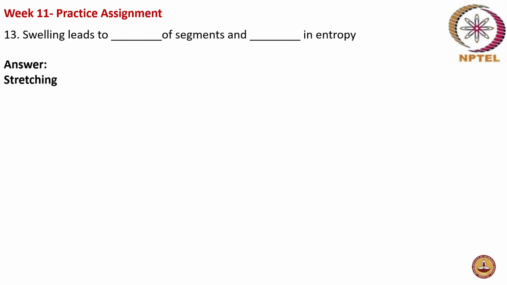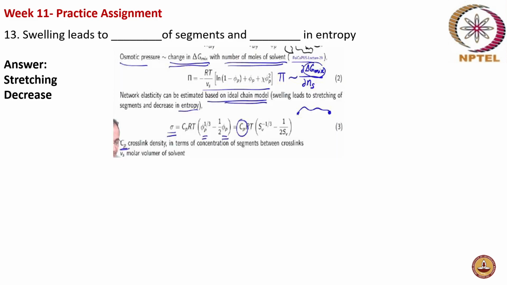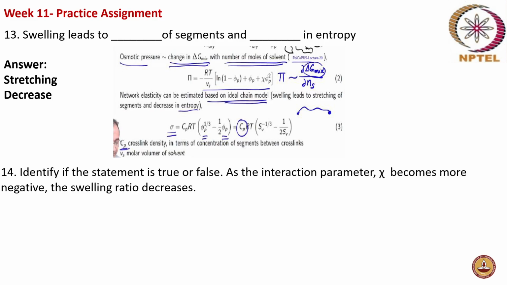the number of conformations the chain can take in the stretched state becomes less. Since the capability of taking different conformations reduces upon stretching, the entropy decreases. So that is what is given here, the osmotic pressure change and the network elasticity relationship. The network elasticity can be estimated based on the ideal chain model, where swelling leads to stretching of segments and decrease in entropy. Fine. Now let's go to the next